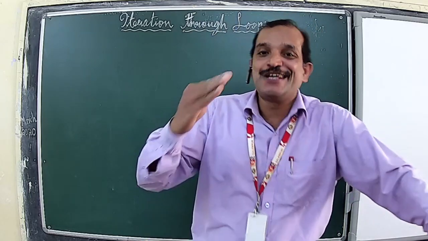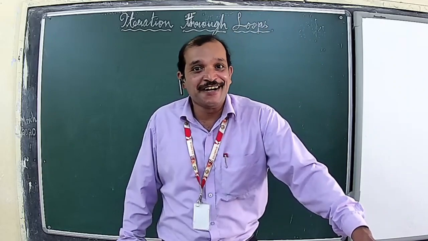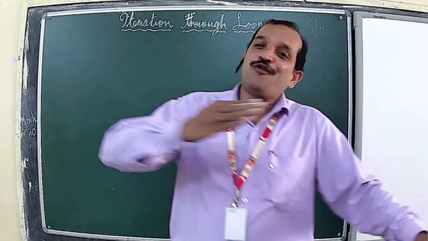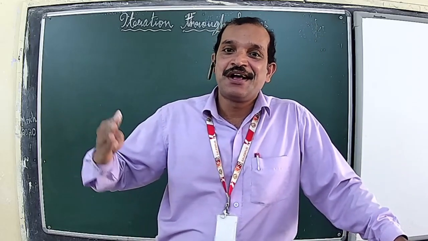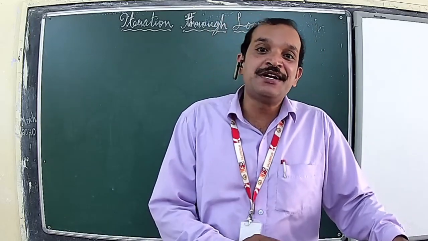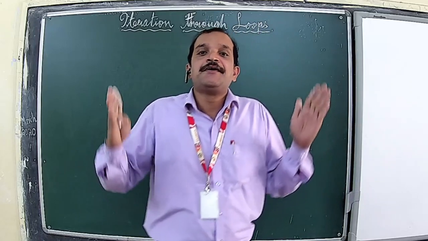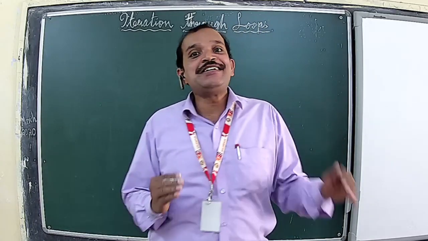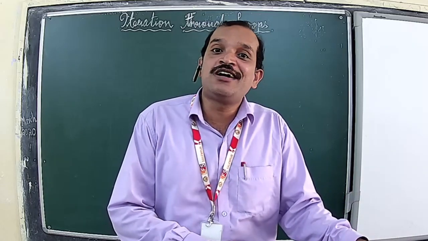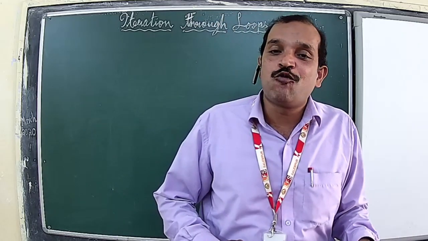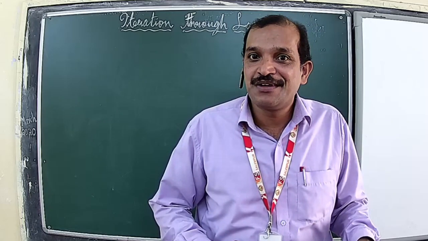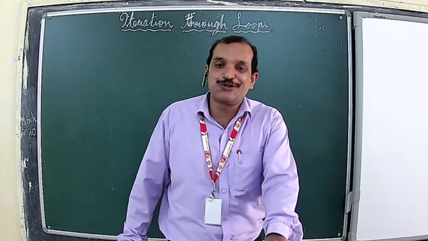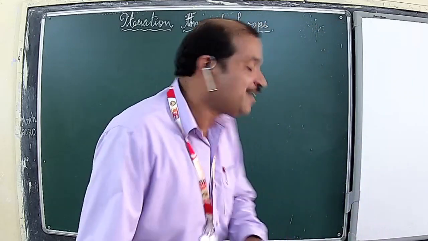All right, so there are 3 homeworks. I hope you are noting it down. Your first homework is to print from 1 to 100, your second homework is to print all the odd numbers between 1 and 100, and your third homework is to print all the even numbers between 1 and 100. If you are not in a position to do this homework also, don't worry, I'm here to help you.